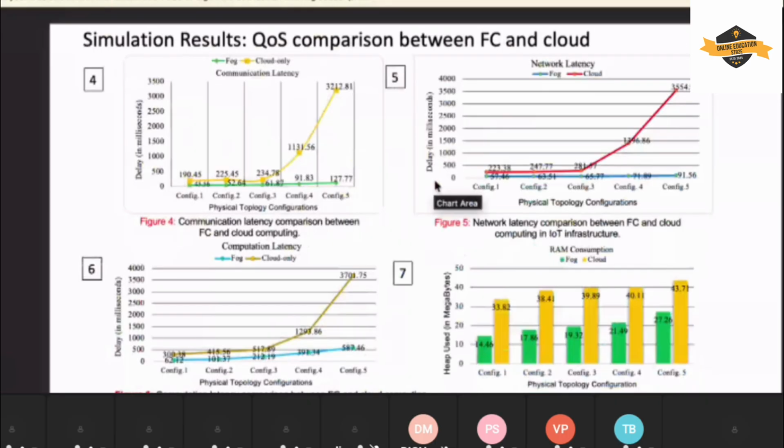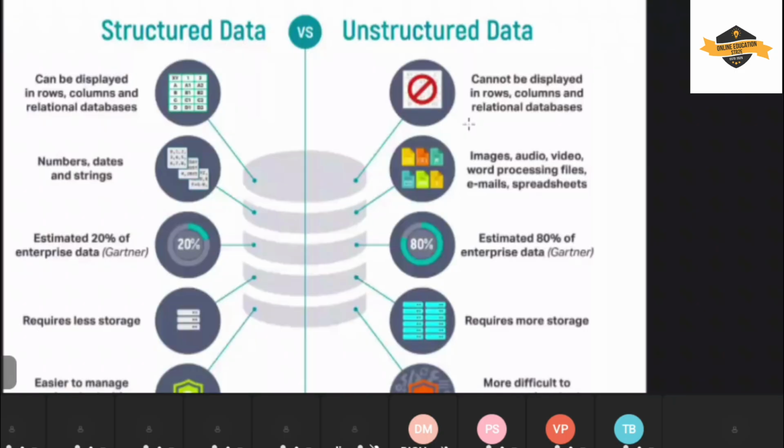So it is kind of structured data which is visible on a screen. Just a random picture, I've opened it here, and everything is very clear: there is a delay in milliseconds, this physical topology configuration. This is structured data. But what about data which is unstructured, like an image of